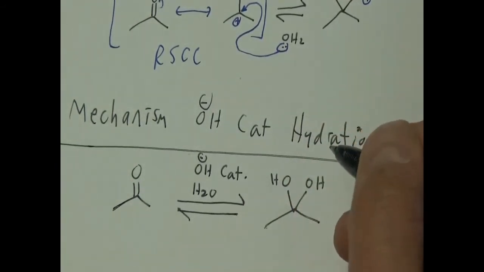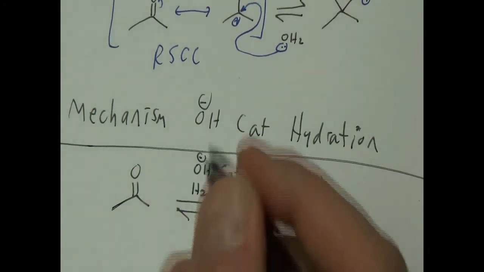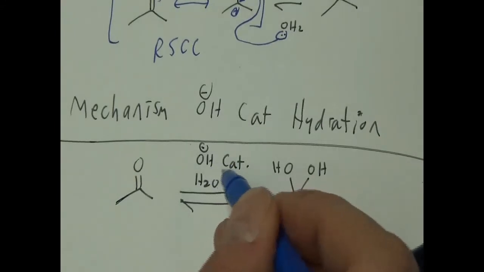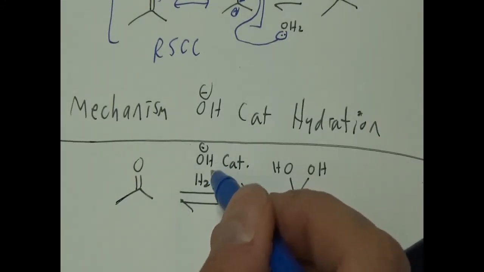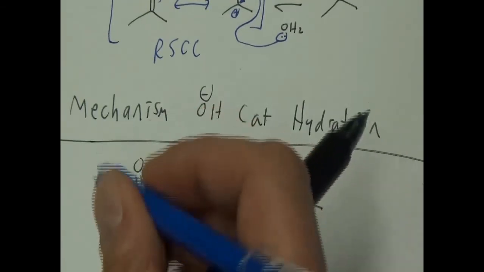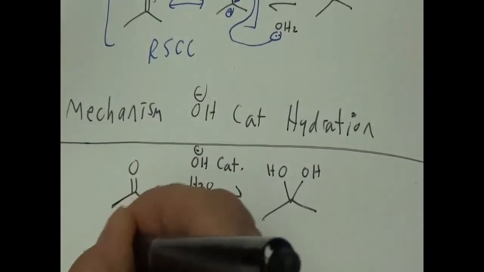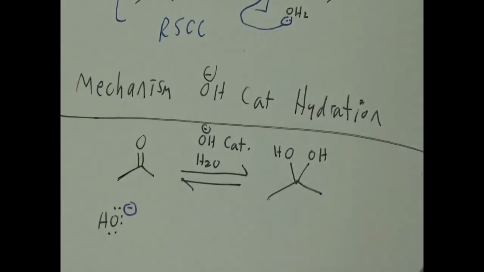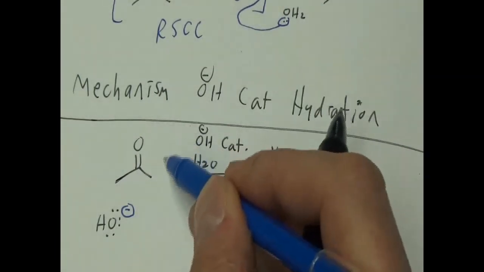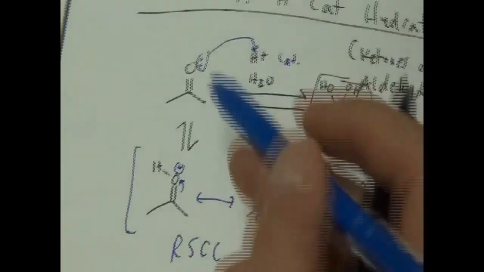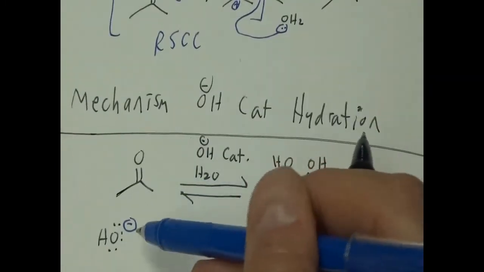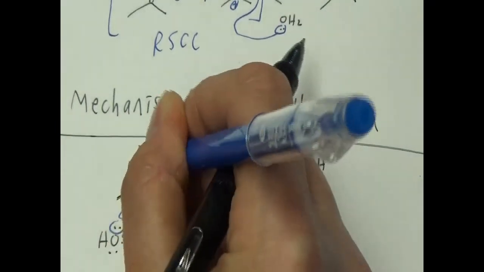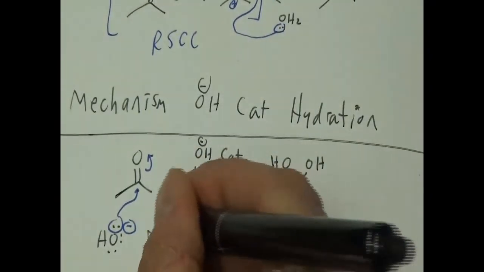So this is actually even easier. And remember what we talked about earlier, how acids do one thing, bases do another? With bases, you just have direct nucleophilic attack. So if I have hydroxide, I don't have to activate the oxygen, like protonate it, the way we protonated above, right? We don't have to do that because we actually have a good nucleophile already as a base. It just attacks. That makes it easier, right?